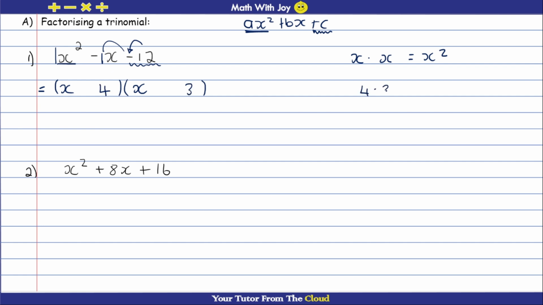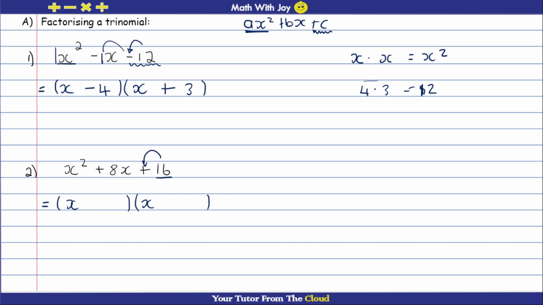Remember, 4 times 3 is 12. And when they subtract each other, they give you that 1. Now, between these two factors, 4 and 3, the 4 must be minus and the other one must be plus. So that you say -4 plus 3 is -1. So what I'm saying is that if the coefficient of x squared is 1, we can always use the shortcut in order to factorize. So again, we take the factors of x squared,